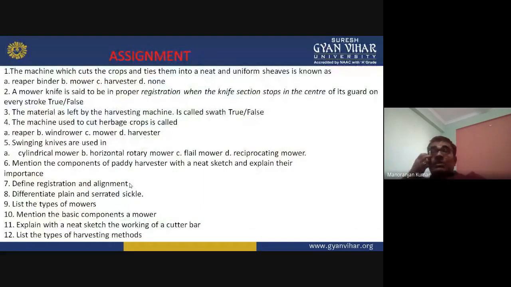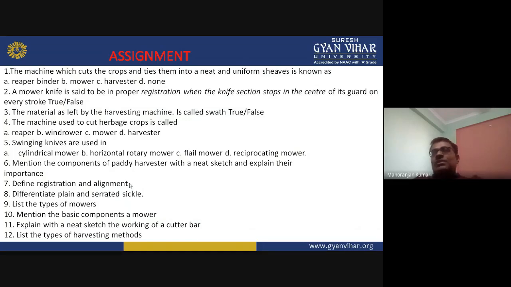Now these are some assignments related to these topics. The first question: the machine which cuts the crops and ties them into neat and uniform sheaves is known as? It cuts the crop and ties them, so this is a reaper binder.